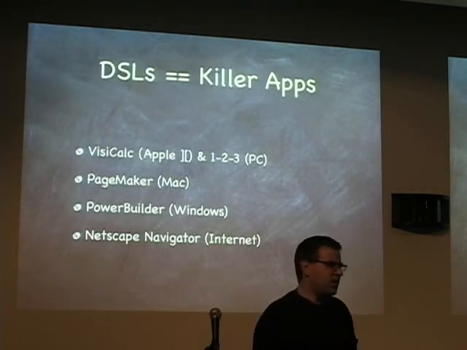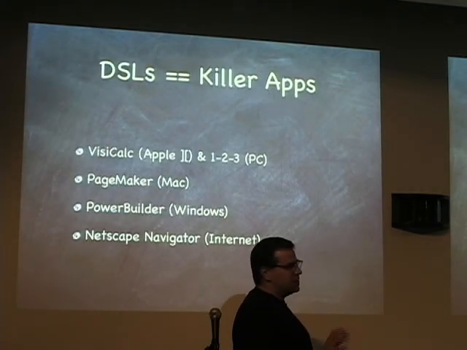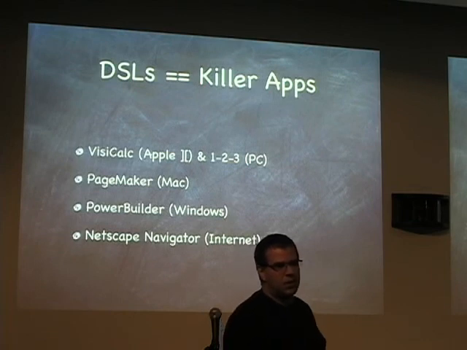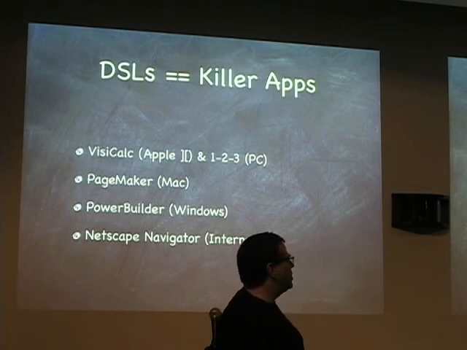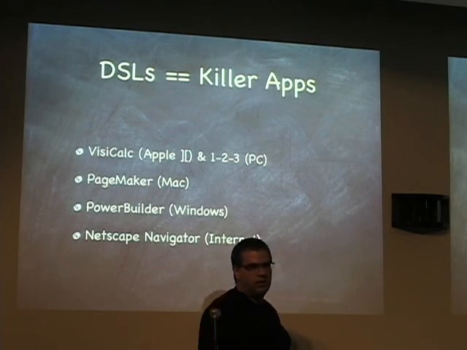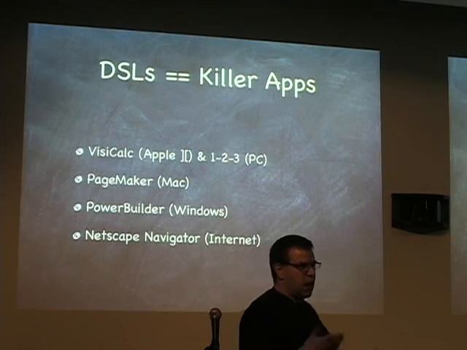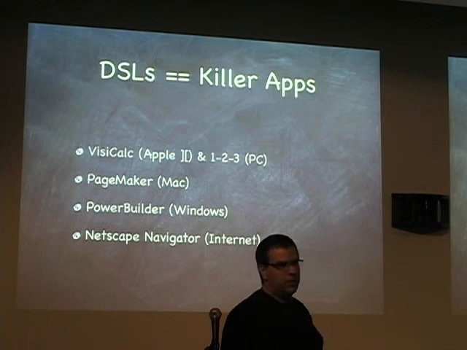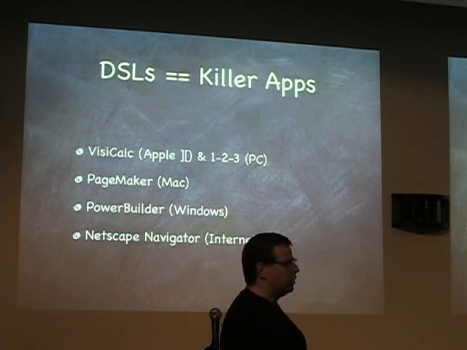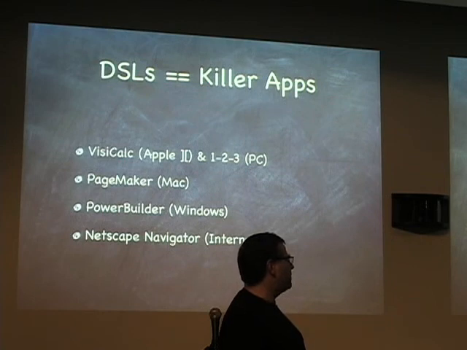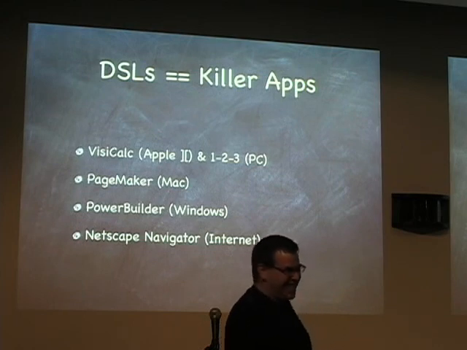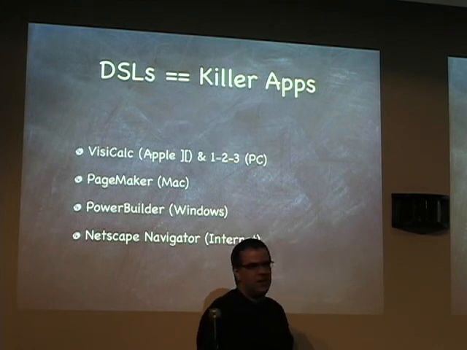I will make another bold argument. Please disagree with me. DSLs actually have been the killer apps that have launched platforms. VisiCalc and 123 launched the Apple II and the PC. PageMaker, which is a graphical front end on top of PostScript, the PostScript DSL. And for those users of early versions of PostScript, it was a very, very thin layer on top of PostScript. Launched the Mac. Okay, I was fudging with PowerBuilder. I'm not sure if it's a DSL or not. And finally, Netscape Navigator. If you consider HTML to be a DSL,